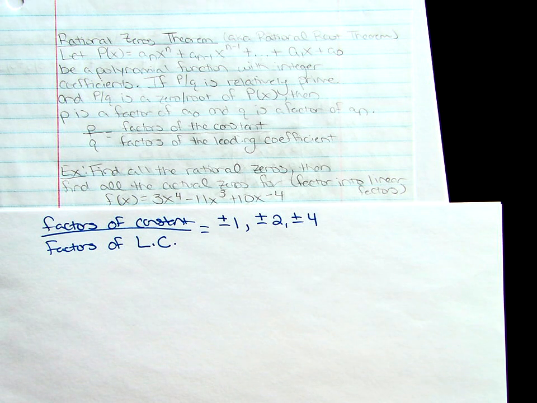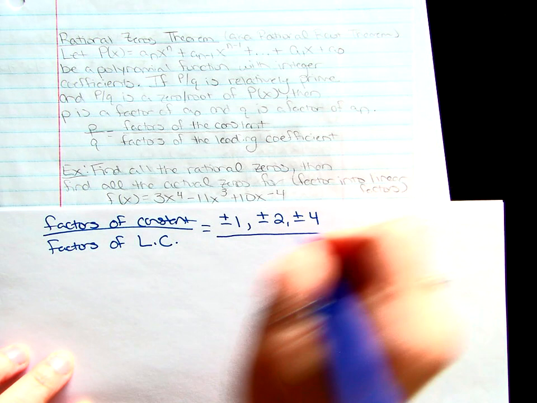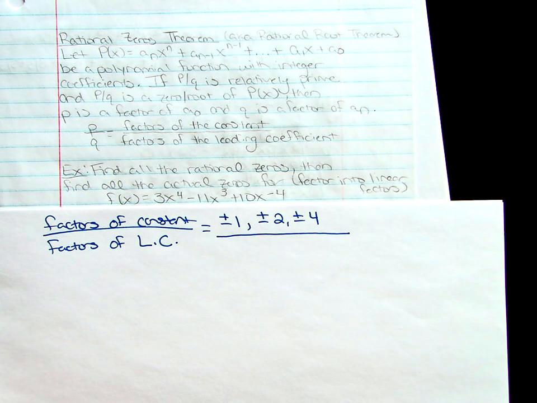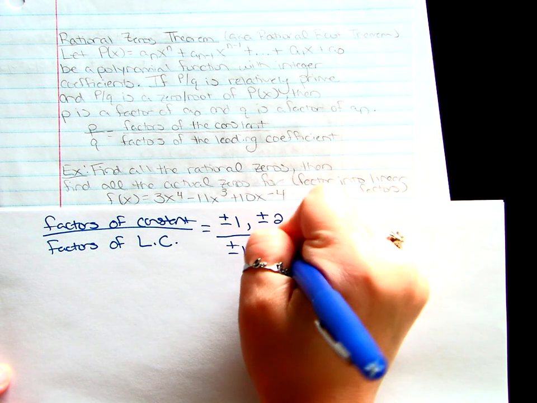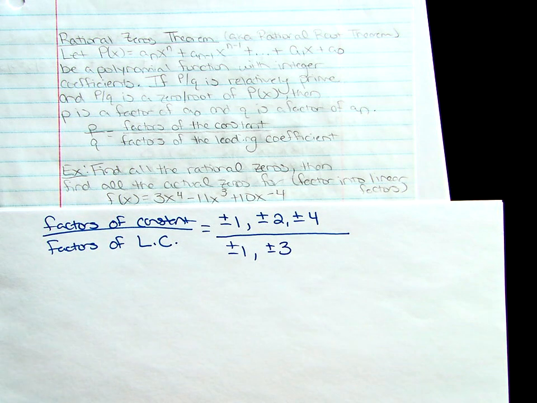Okay? And then what about my leading coefficient? What's my leading coefficient? 3. So what are the factors of 3? 1 and 3. But again, I'm going to do plus or minus 1 and plus or minus 3. Now this is like a really weird looking fraction. I totally get that. So what we're going to do is consider all of our numerator numbers, so all the top numbers,